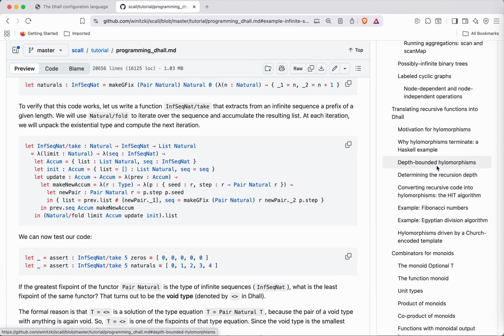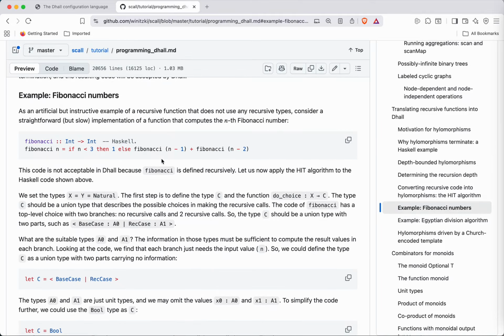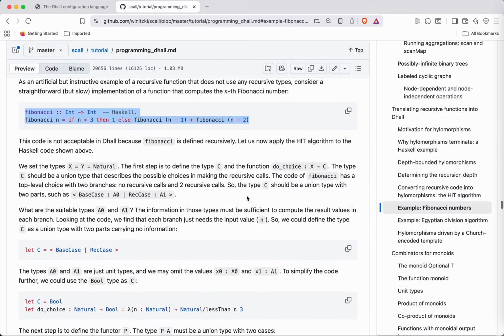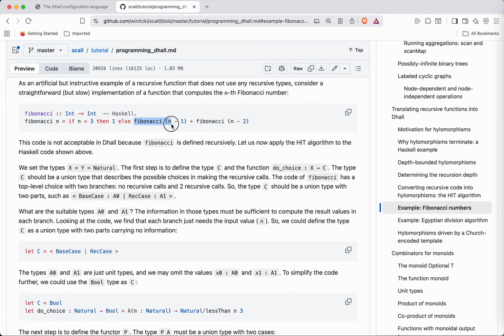But you have to put that bound explicitly into your code, and I show in the examples how to do it. So for example, I show how to translate this naive Fibonacci code, which has even non-tail recursion, and so on. You can still translate that straightforwardly into System F omega. And for that, I showcase the so-called HIT algorithm. The HIT stands for the three authors, Hu, Iwasaki, and Takeichi.